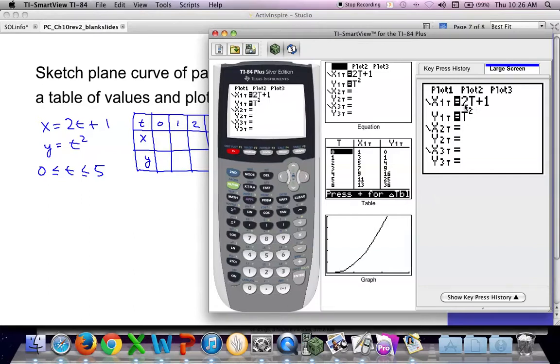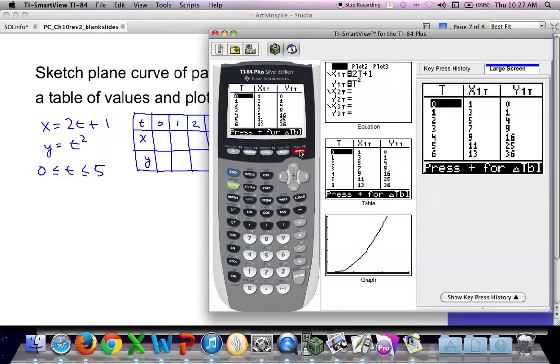How do I put in 2t plus 1 there? 2, where's the t? It's on the x button, right? Because we changed the mode, it's no longer going to show us x. It's going to show us t when we do that. If you look closely, that's what it says, x comma t. So, once you've got it set, 2t plus 1 and t squared, then you could go to the table of values and pick